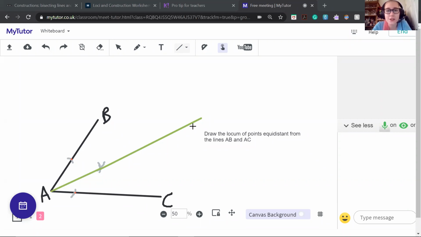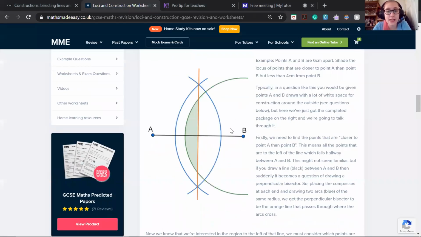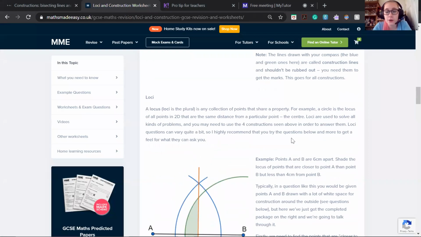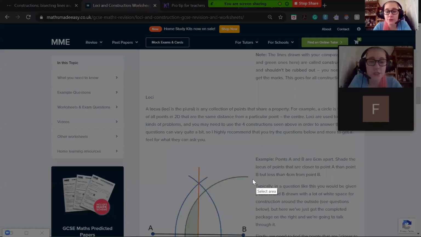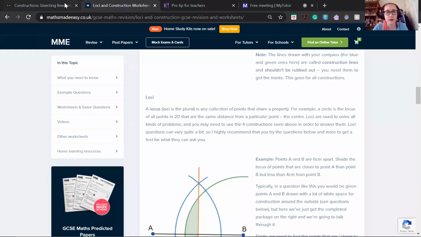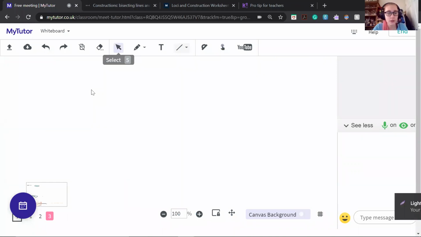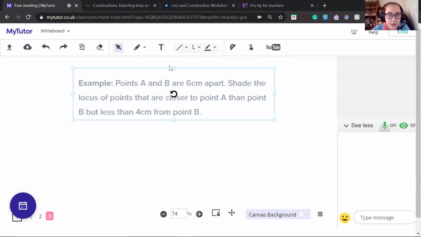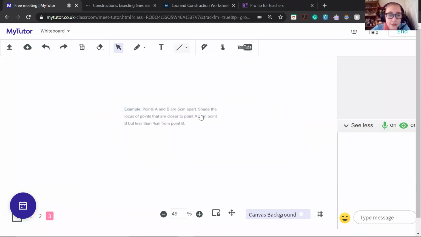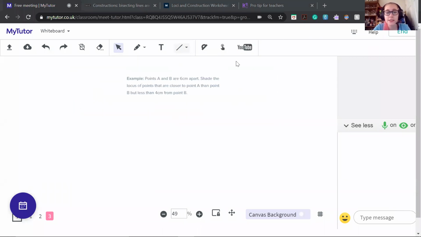Okay, let's just go to some of these questions. So again, shock horror, I'm using Math Made Easy, and this also has a really great explanation of them all. So I wanted to use this example with a pre-drawn diagram to show you the kind of questions that we're going to be looking at. So this one is points A and B are 6 centimeters apart. Shade the locus of points that are closer to point A than point B, but less than 4 centimeters from point B. So this seems quite